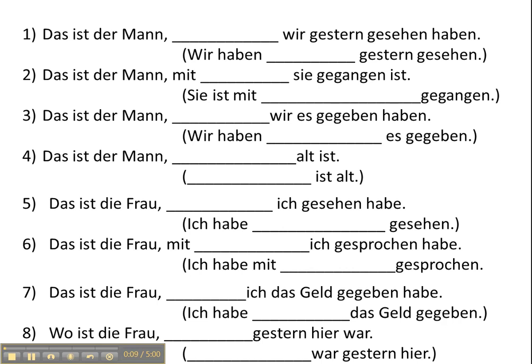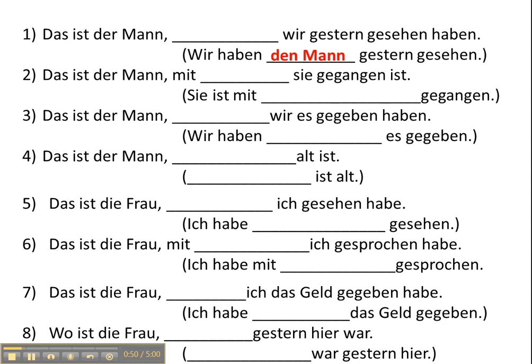My students had some difficulties with this, so I've actually taken this a step further in this exercise. What I've done is to have the initial sentence, for example, "Das ist der Mann, blank, wir gestern gesehen haben." What I tell my students when you're trying to figure out what the relative pronoun should be is that in some way you're going to have to rebuild the second sentence in its normal order. So I've done that here in parentheses, so that you can see what role that noun from the first clause is playing in the relative clause.